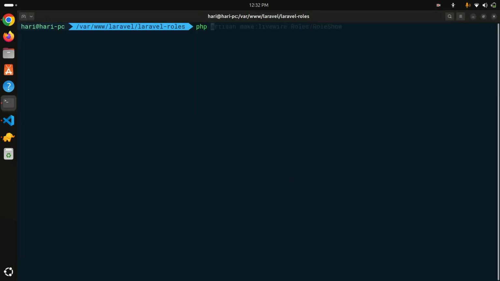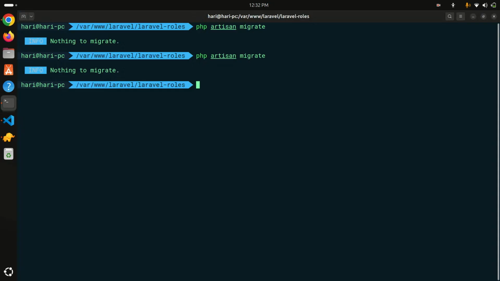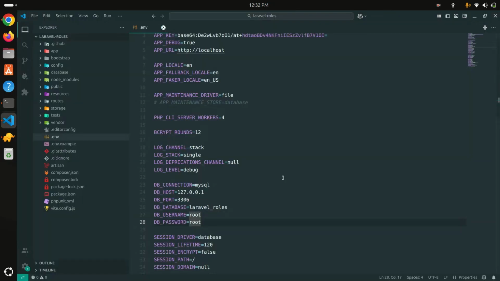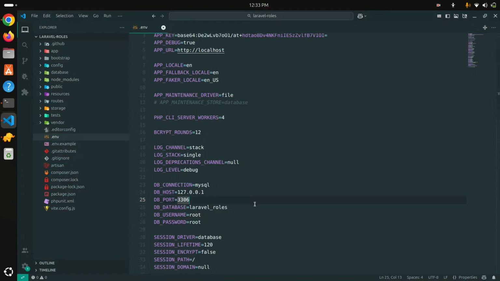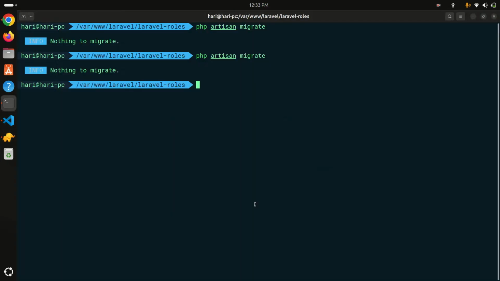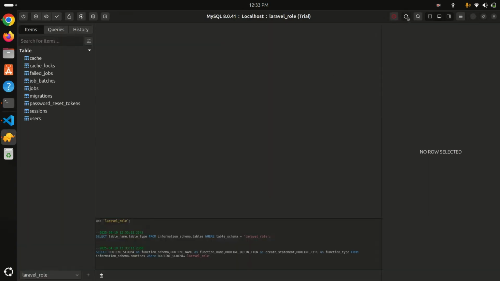Let's double check with php artisan migrate, so let's run all the tables. Yeah, nothing to migrate. Maybe something happened over here. I already have roles, so go to the table, hit refresh. It's nothing, maybe it should be just the role database name. Okay, save it. Now let me run php artisan migrate, and if I hit refresh,